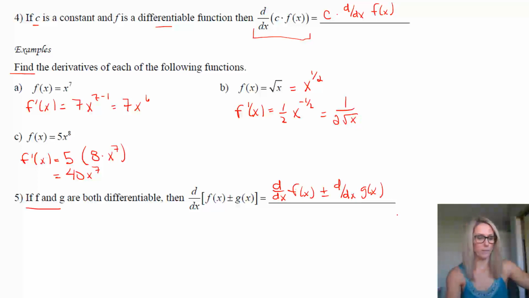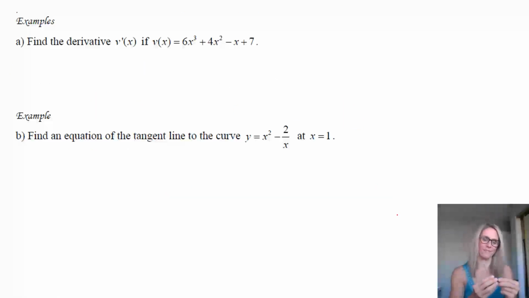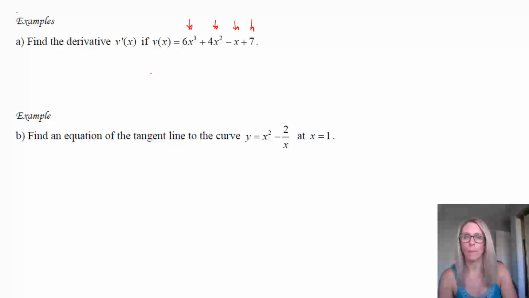one of which is the problem at the top of the next page, which is some function v of x. Just to be exciting, you're asked to find the derivative. What you want to see is you're taking the derivative of 1, 2, 3, 4 pieces. And all of them are using what we've been talking about so far today. So if you want, again, you're welcome to pause this, do this problem, come back, see if you are right.